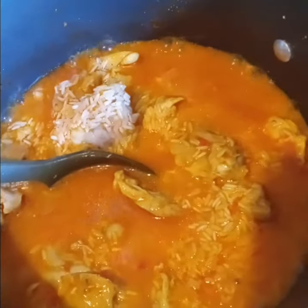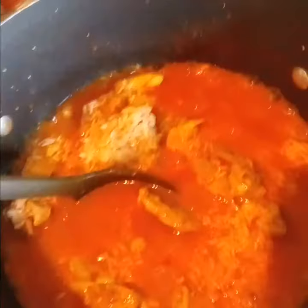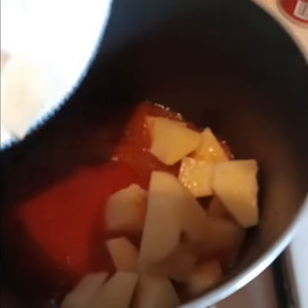Today we're making arroz con pollo, and I added a 1/4 cup of beer in here. Sauteing the sofrito for the beans, adding some tomato sauce, adding the cut up potatoes, some sazon,